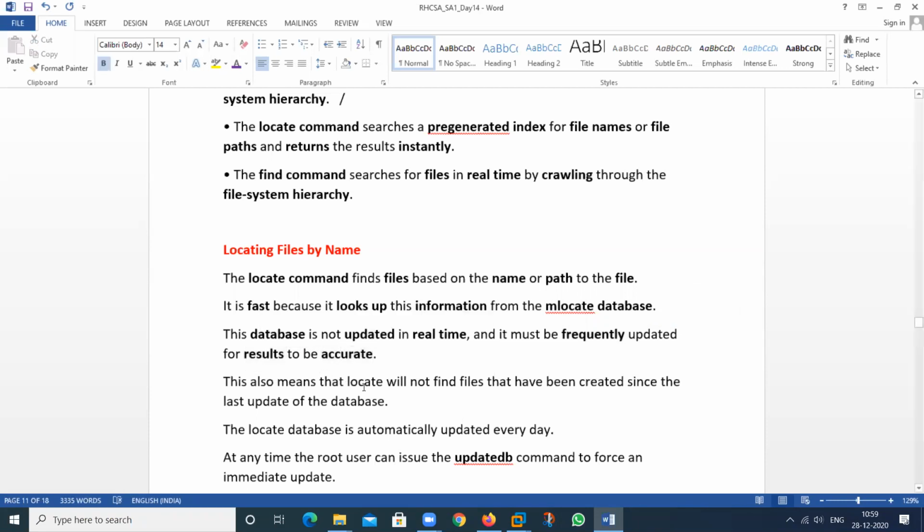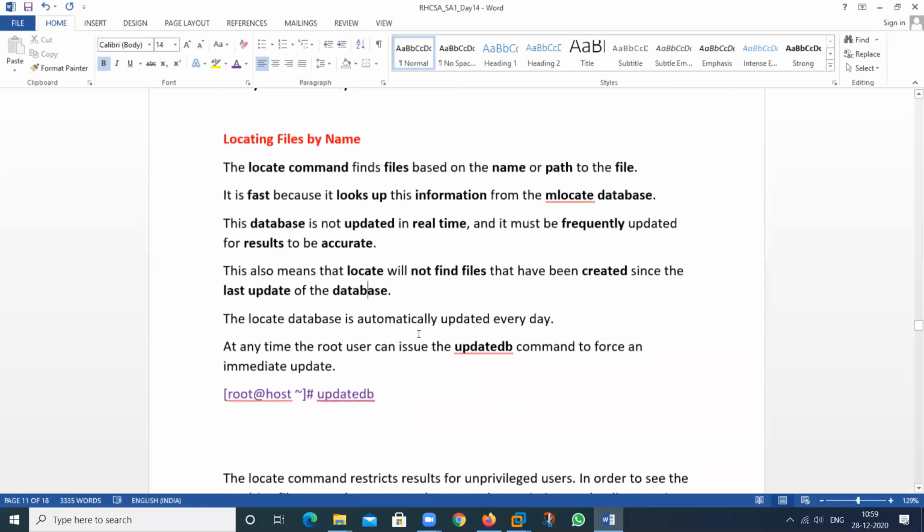This also means that locate will not find any file that has been created since the last update of the database. If you create any file and your database is not updated, then that file cannot be searched.